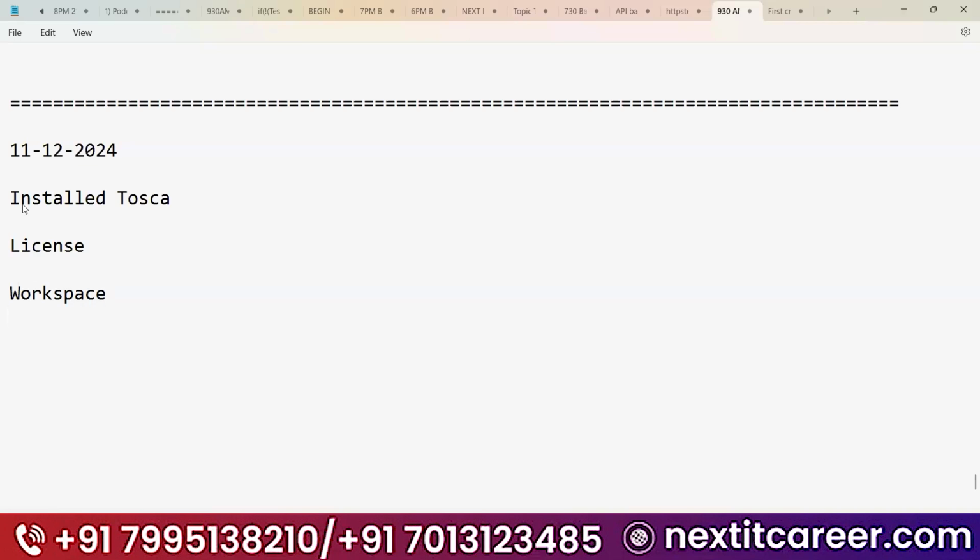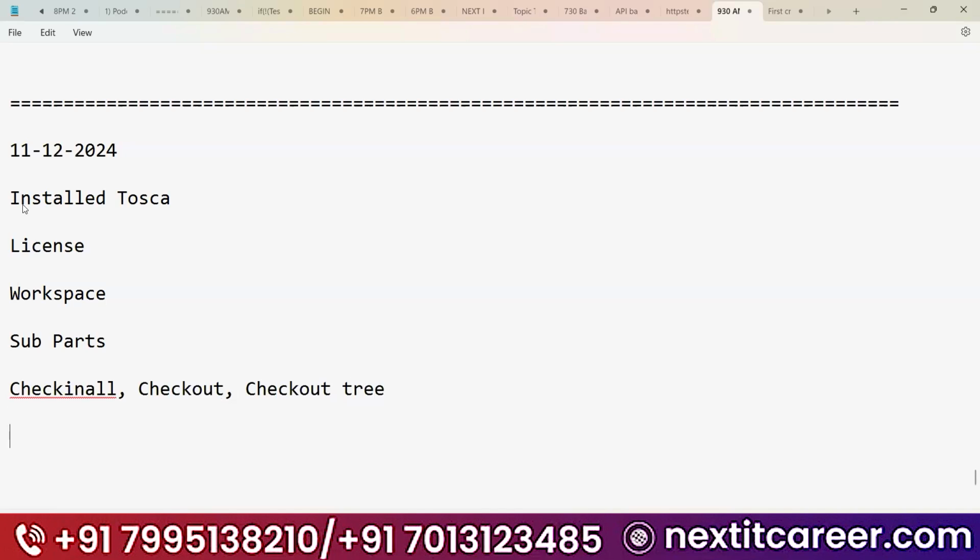After creating the workspace, we have seen subparts of Tosca, and we have covered check-in, checkout, check-in all, checkout tree, and so on.